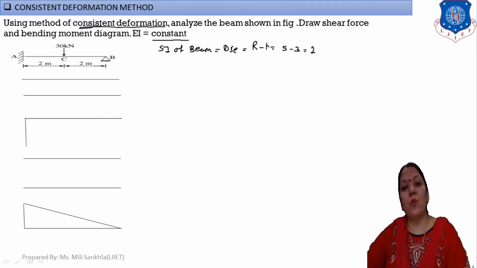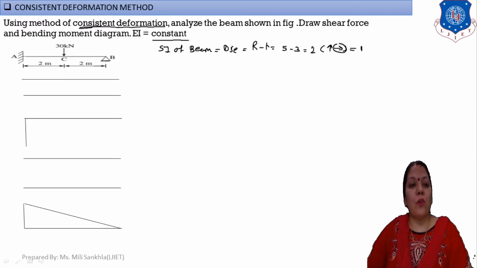Now here for the two support reactions, we find out one vertical reaction and one horizontal reaction. But in a beam we neglect the axial deformation. A beam is not subjected to axial deformation; it is subjected to vertical deformation, and the second deformation is our moment, that means bending moment. So here we take the unknown force as 1. First of all, mention the unknown redundant, that is our VB.